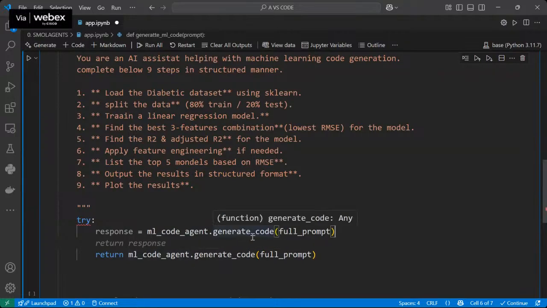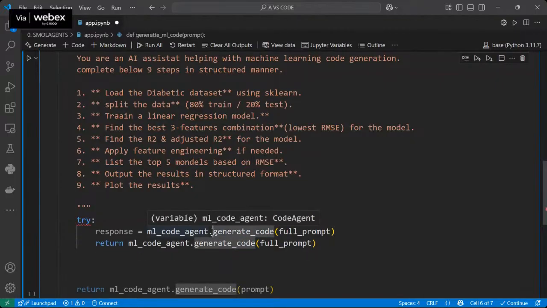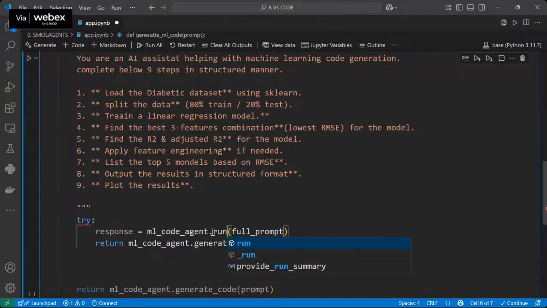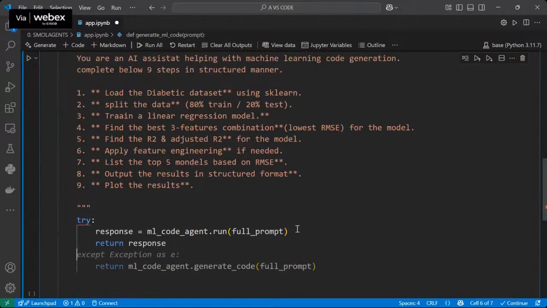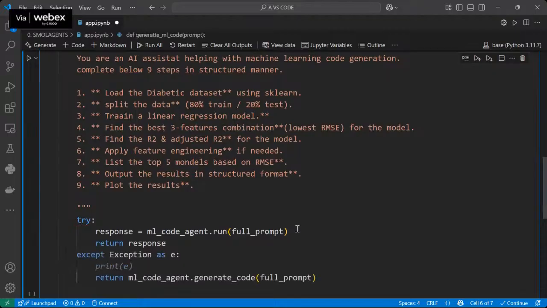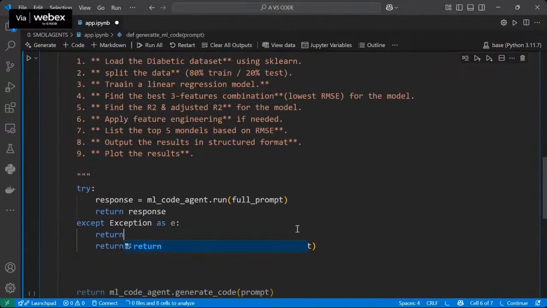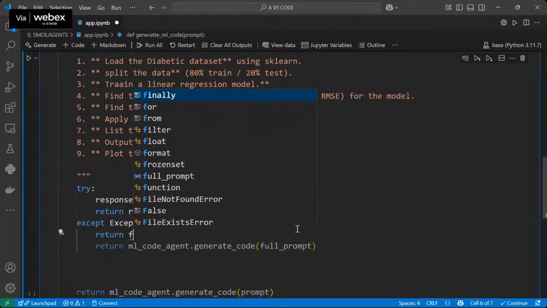Generate code. No. Code agents, not generate code. I want to try to run this code. Okay. And then return response, and then except exception as E, because I want to see the error if any error occurs. Return, not exception. So here I want to pass an f-string